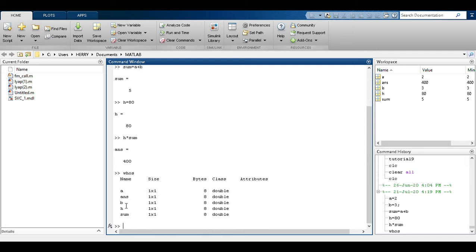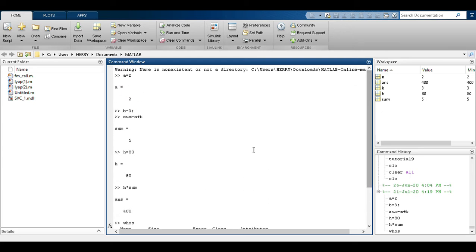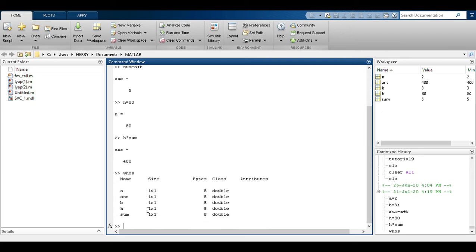So here we have used a, ans, b, h and sum. Now you can see that I have to scroll down to find the value of the output. So I want to clear this command window. How can we do this? You can use the command clear.